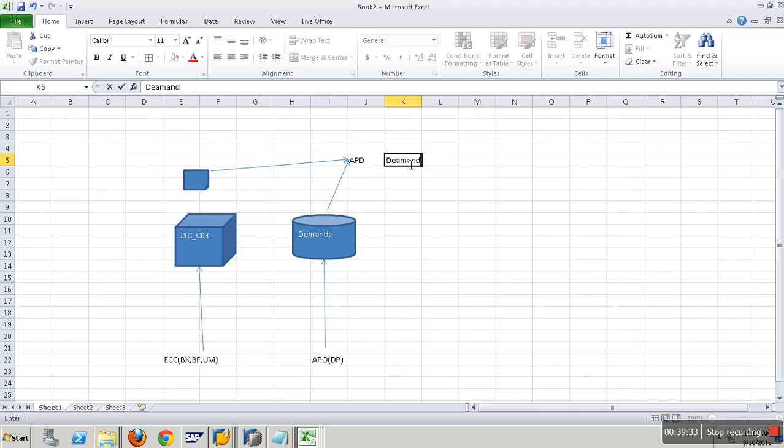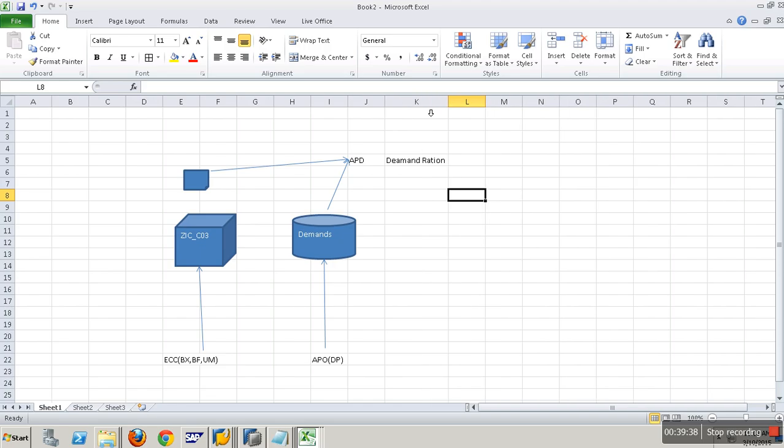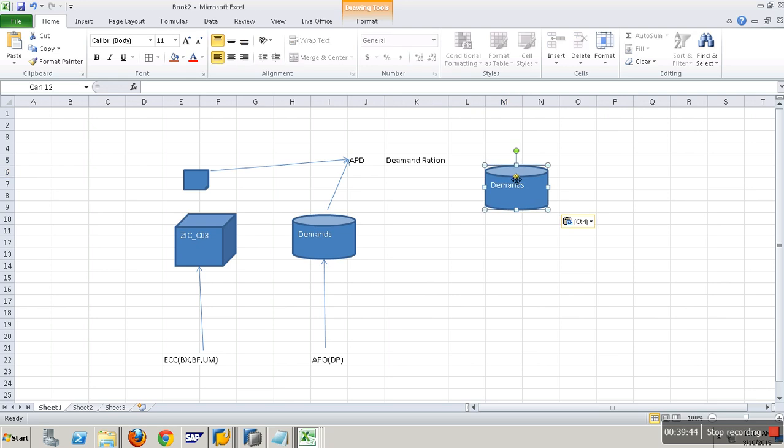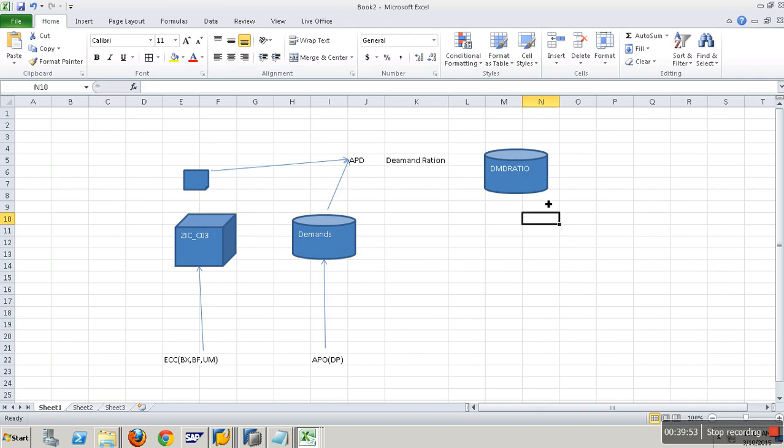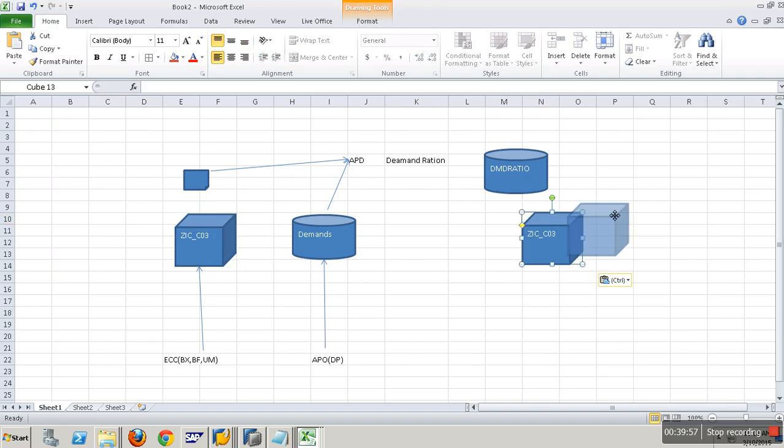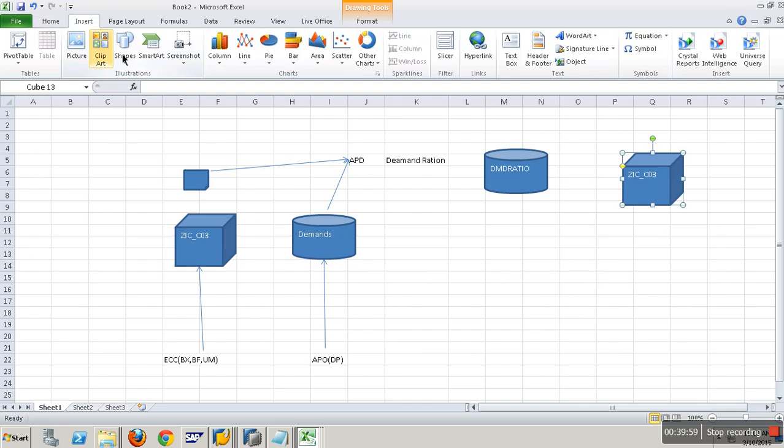Demand ratio, which tells you how many weeks of demand I can sustain. I gave you the logic also, and collect into a direct update DSO. DMD ratio, and from there create a load into a cube. From a direct update DSO, can I do loading? But the only thing is it's a full load.